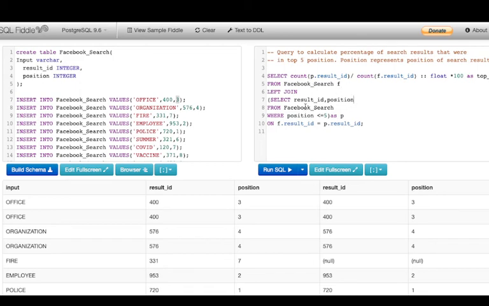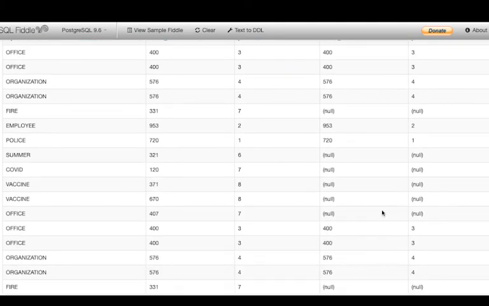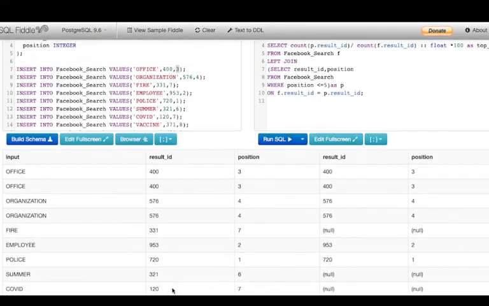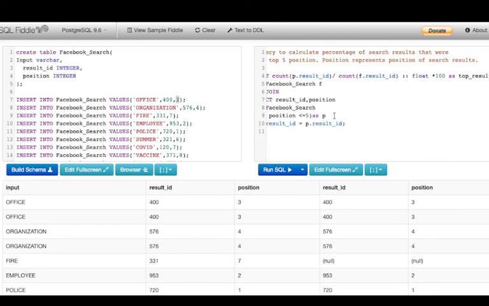In the subquery, most of the values are null, which are basically above 5, and when we consider our original table, we are considering all the values, right? So to get the percentage, I divided p dot result id by f dot result id. Then I converted it using a runtime conversion operator to float, multiplied by 100, and named the column top result, right?